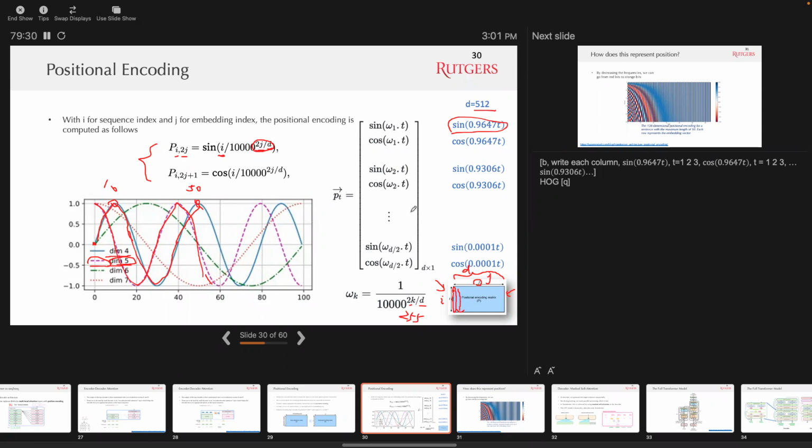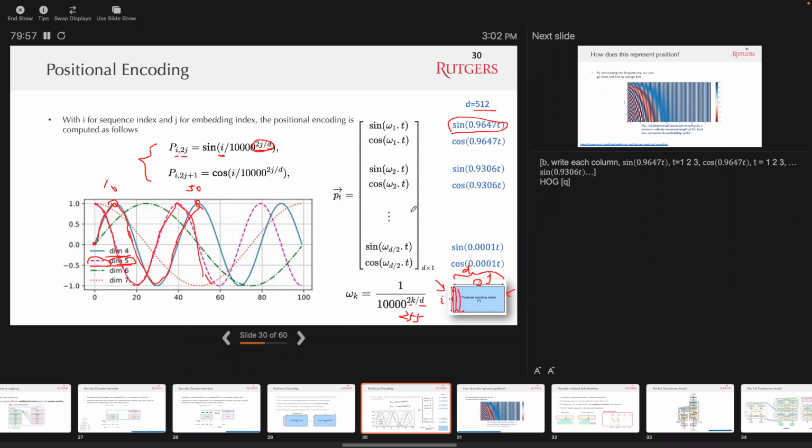So this is going to be the first entry, and the second entry is going to be sine 0.47 times 1, and the third entry is going to be sine 0.47 times 2, and so on and so forth. Right? So this is going to be your first column,